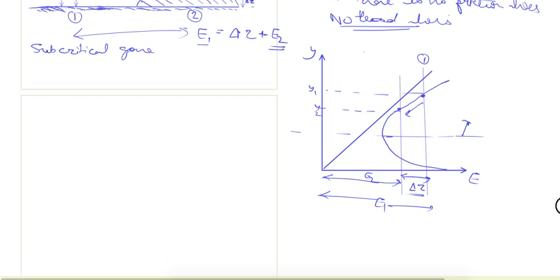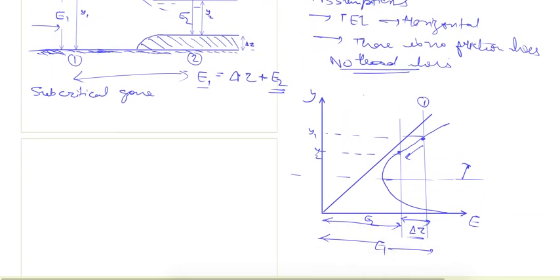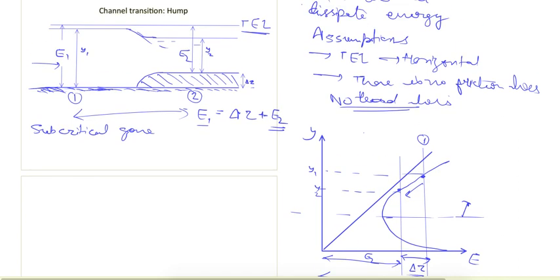It can be understood in such a way that here the specific energy is large, so there is large depth, and here the specific energy is getting reduced. That reduction will come through the reduction in depth, and due to this reduction the velocity of flow will also increase at this section. So what else can happen here is,